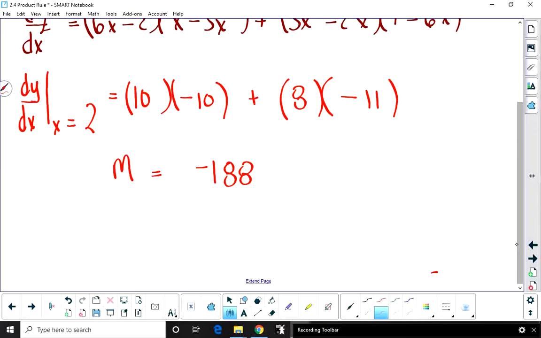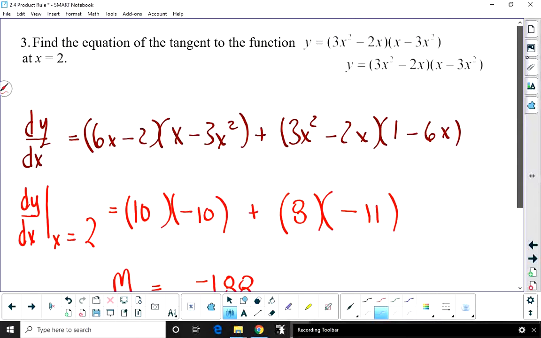The only other thing we're missing is we know that x1 is 2. We need to know what y1 is to find the equation of the tangent. So that means we need to put that value of x equals 2 into the original function, and get a y coordinate of what I believe is negative 88, but